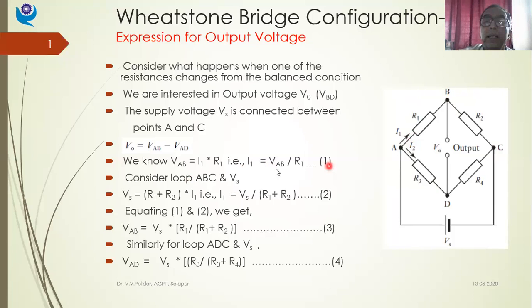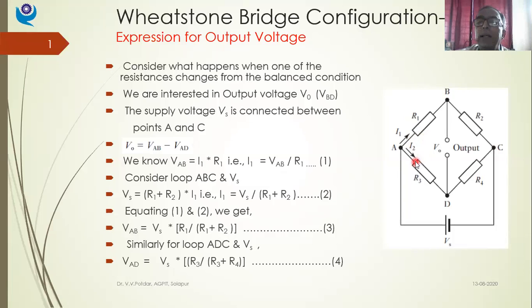So see, VAB is equal to I1 into R1. So I1 is VAB upon R1. This is my equation number 1. Okay. Now,